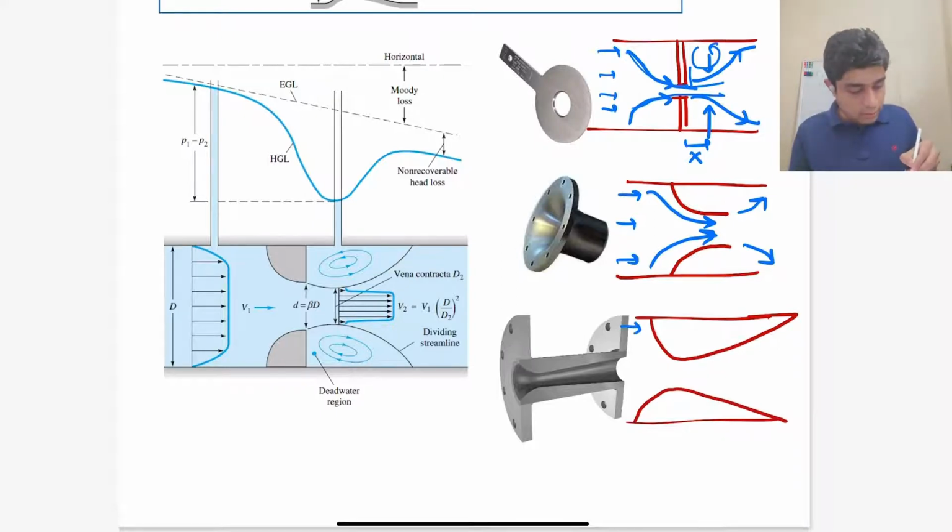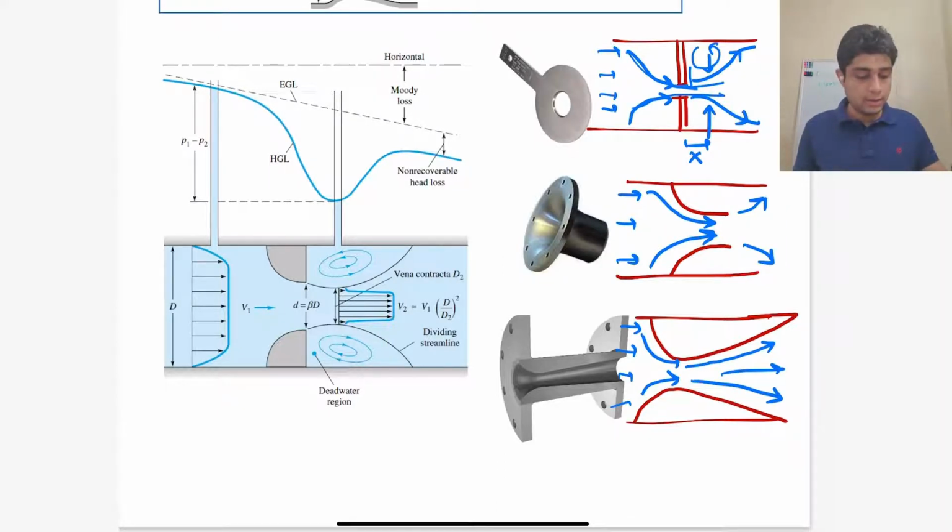As the flow comes in, it can smoothly contract, and its velocity increases and pressure drops, and then from this throat it can expand smoothly in this diffuser section. Because of this streamlined geometry, the losses are minimized. In a Venturi nozzle, we also don't have any dead water region, so the minor losses are really very small compared to an orifice meter